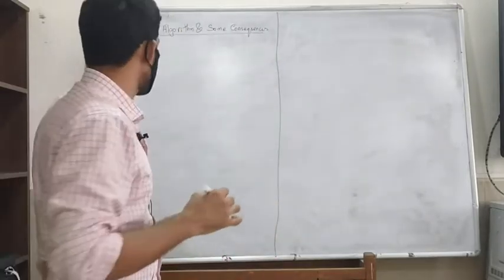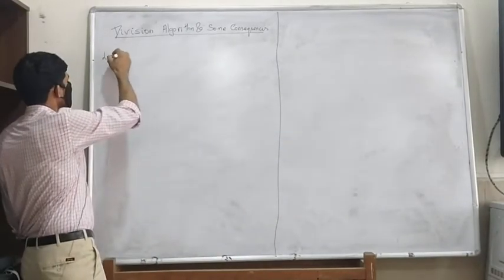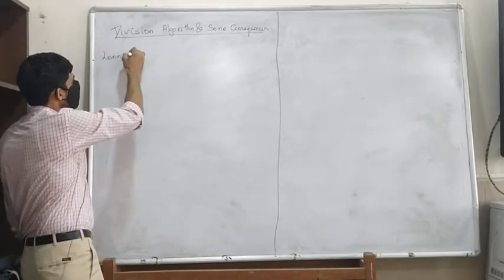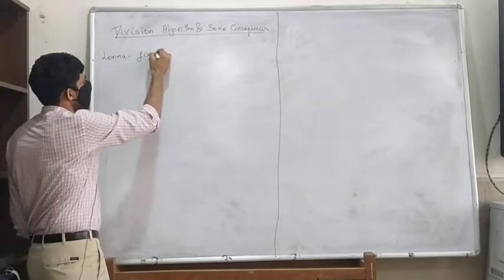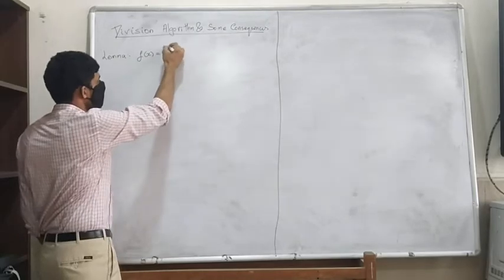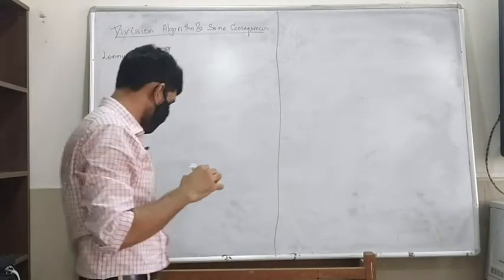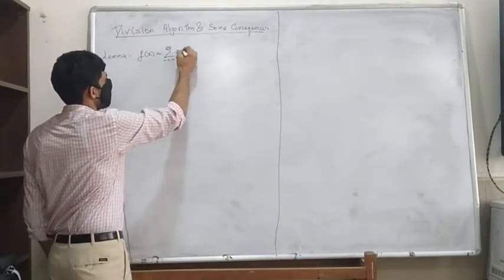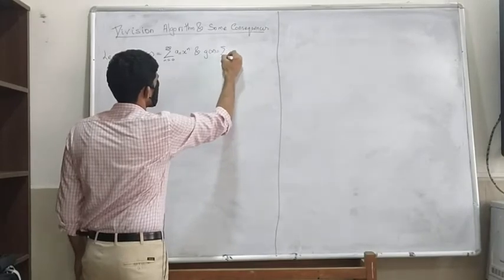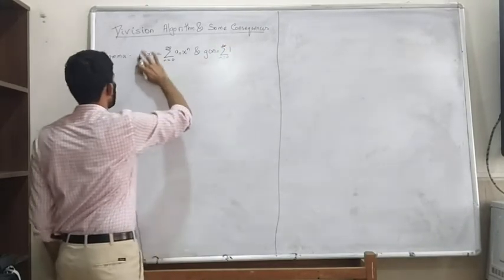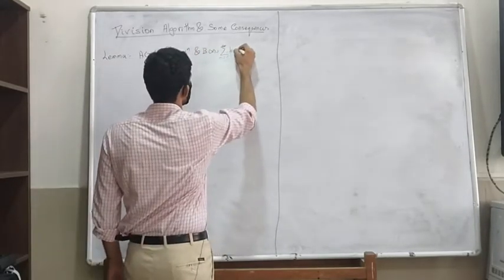So we want to prove the division algorithm in F[x], and what we essentially proved, just to recollect, is this: if you have two polynomials in F[x], say f and g, f(x) equals the summation of a_n x^n, and g(x) equals the summation of b_n x^n, n going from 0 to infinity.